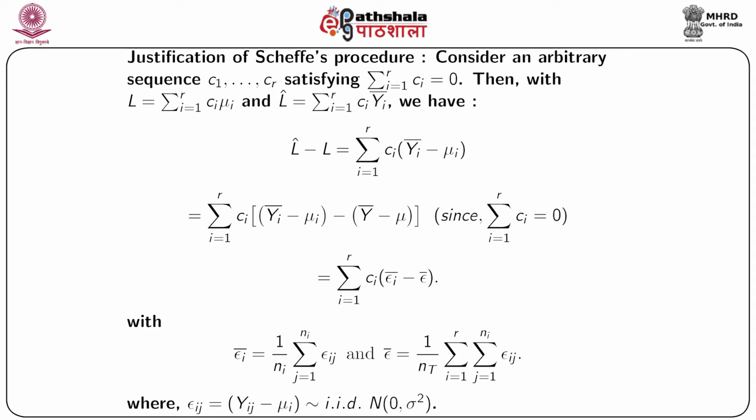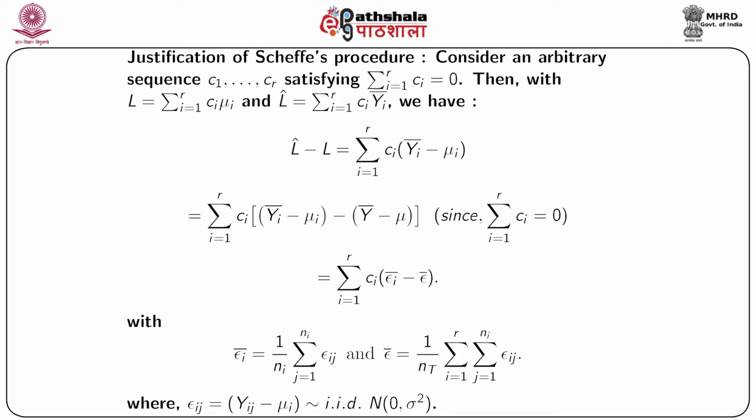If you remember, in one of the previous modules we had looked at the residuals of the response, which were of the form y minus y hat, the difference between the observed and the estimated values of y. We are doing a similar thing here. When estimating the contrast, we had written ci Yi bar, where Yi bar was the estimate of mu i, which was the unobservable population mean.